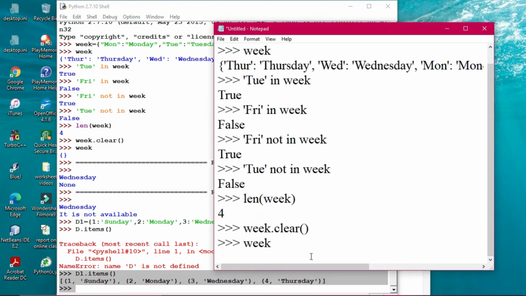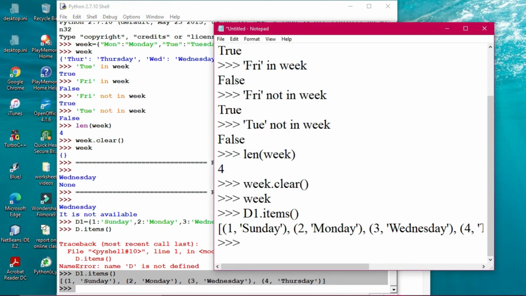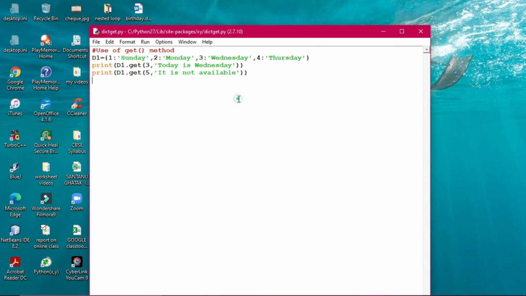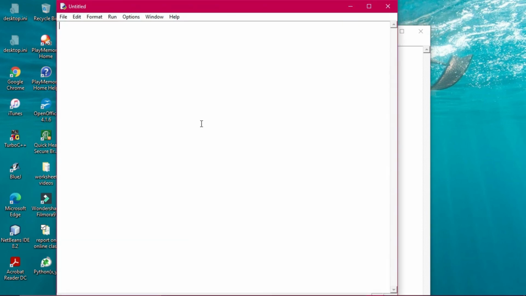So these are the practical things which I'm going to give you, which I'm going to assign you, so we'll take it later on. Let us close this one and then go back to our own program once again. So now this dictionary I will take back once again, and I will take it into a new file. So now what we will see is the keys.